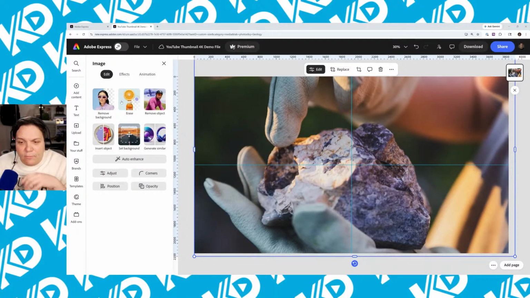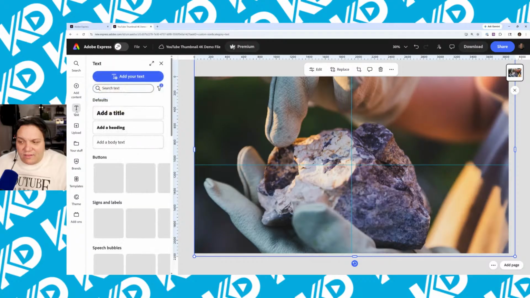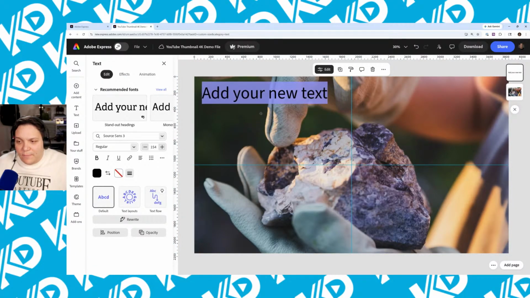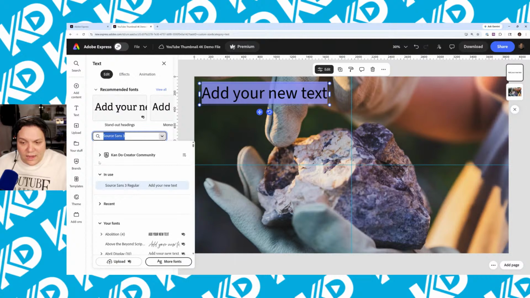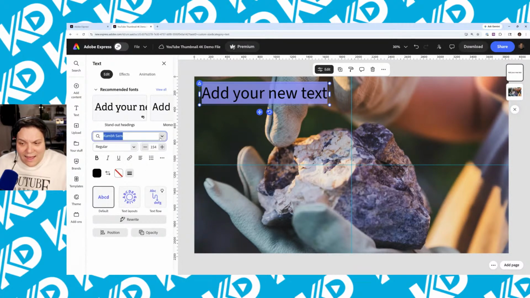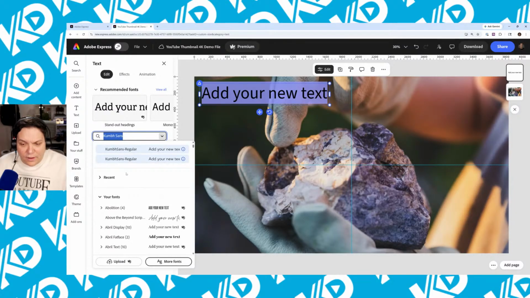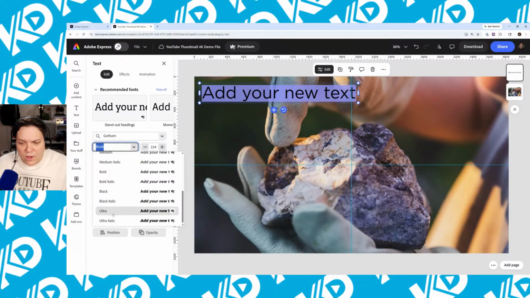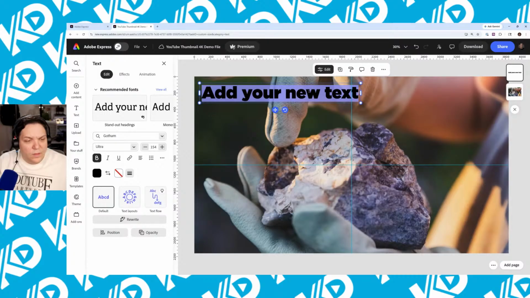Now, as I'm working here, I might want some text. This is where you get a lot of power and a lot of ability because it taps into Adobe fonts to utilize text for your image. You can have text that you favorite and you use frequently. I have some of those and you can see them in my projects. You can see your recents. So maybe if I want to do Gotham book and I want to really go very noticeable, I could say something like